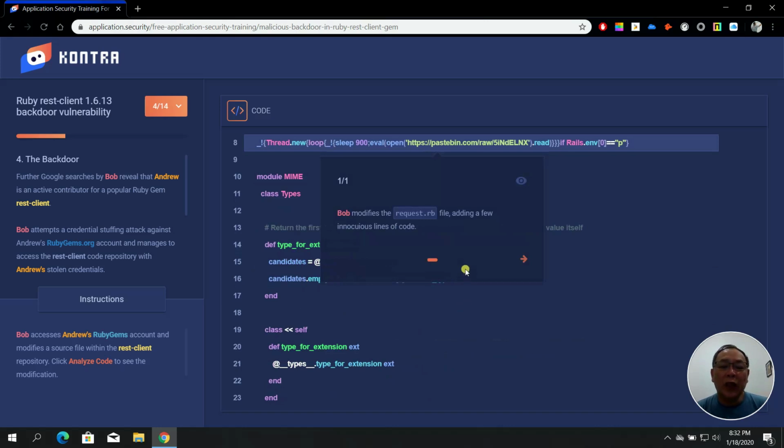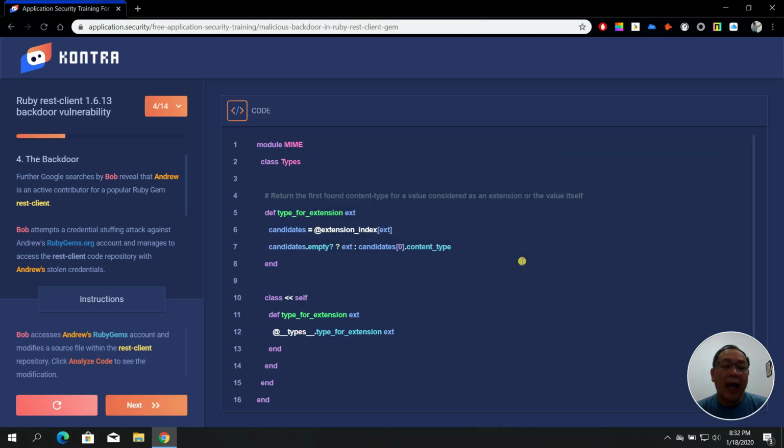So the explanation: Bob, as you know, the cyber criminal, modifies the request.rb file, adding a few malicious lines of code. And as you can see here, he has added several things. Next,